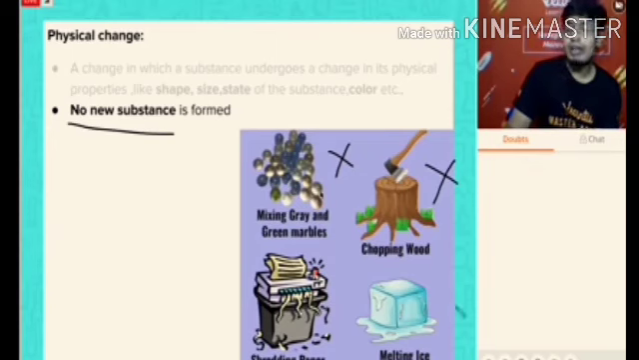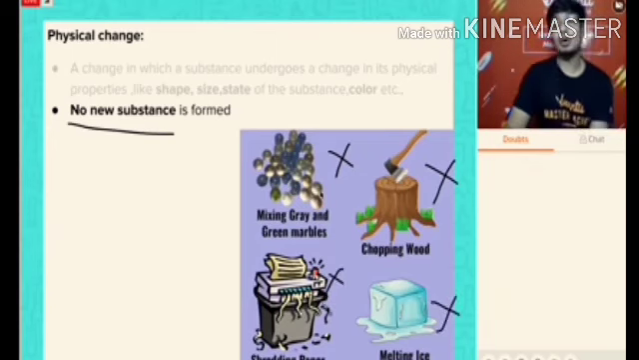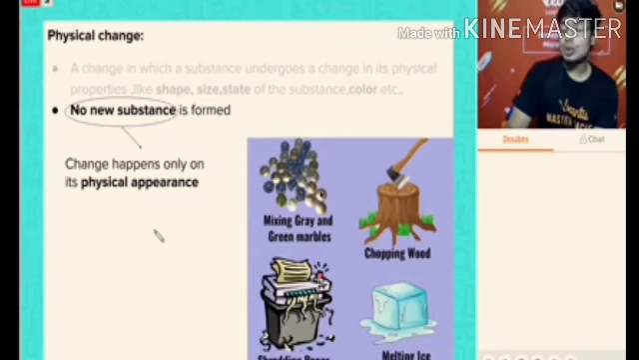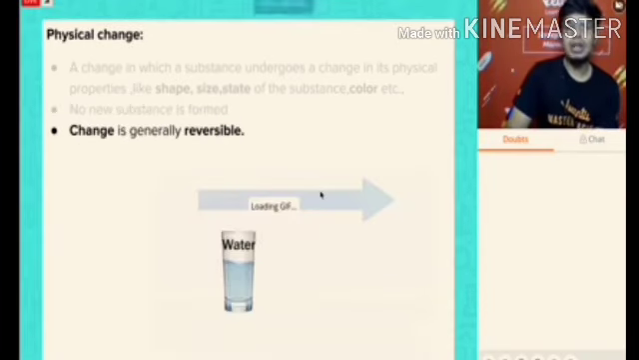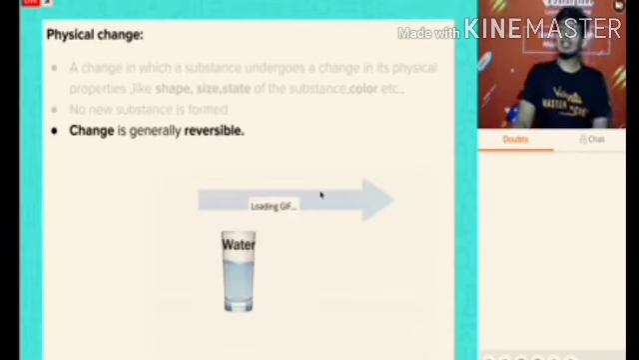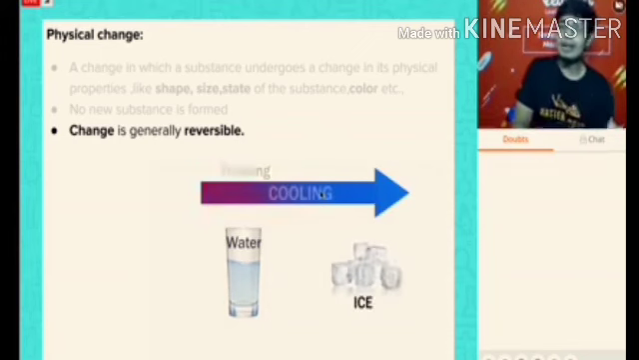When the ice is melting, is there a new substance? No, it is H2O. It is water in both the cases. Isn't it? Very, very simple. I hope all of you are understanding whatever you're learning. So no new substance is formed, only the physical appearance of the substance that is undergoing change changes. Very good. Now most of the changes in the physical are generally reversible, not